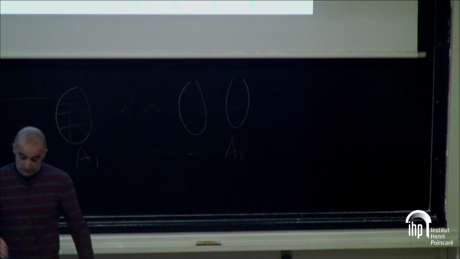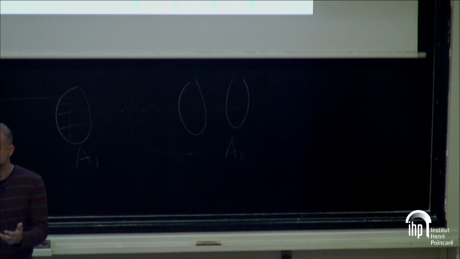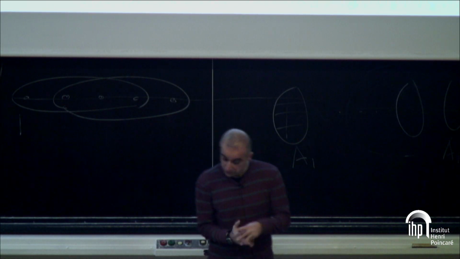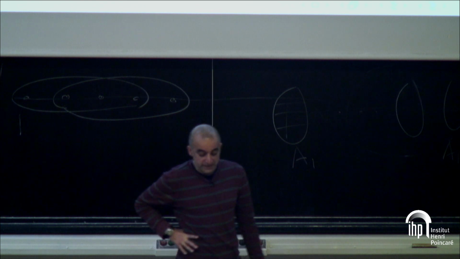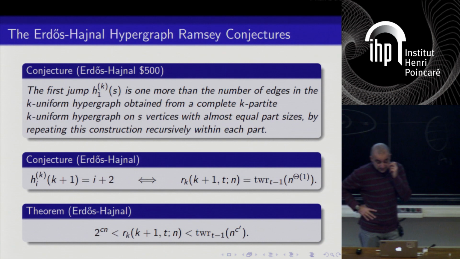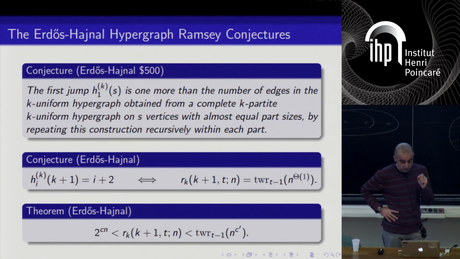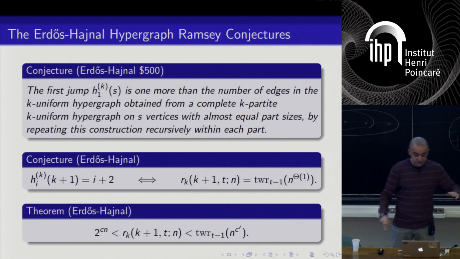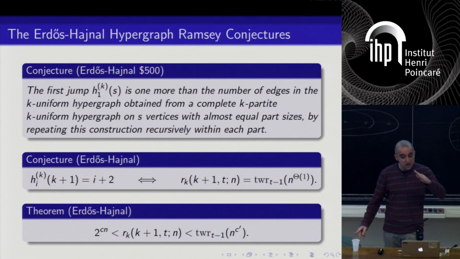It's easy to prove the upper bound. The thing you need is a construction. That's what's lacking. So that was one conjecture, which is still open. There's been some work on k equals 3, but otherwise the problem is open. And the other conjecture that they had was about the smallest value of s, what these jumps are for the smallest possible value of it. The first open case is when s equals k plus 1. And they conjectured that when s is equal to k plus 1, these jumps keep happening.